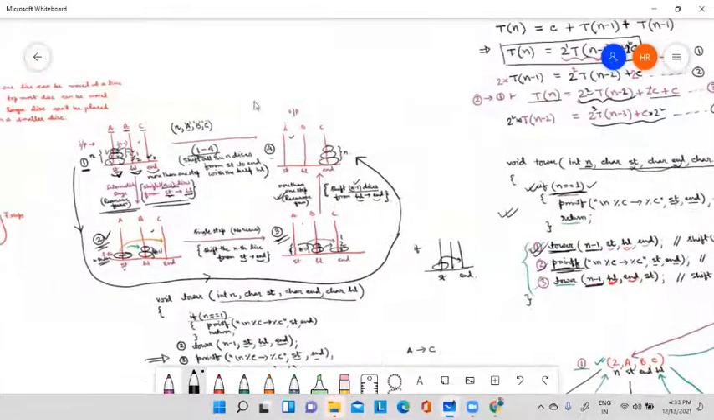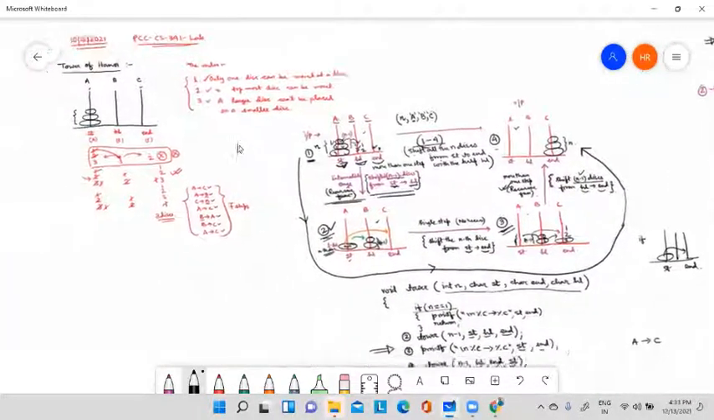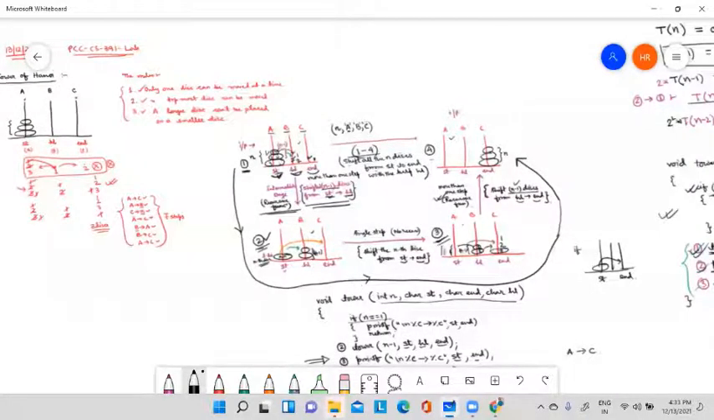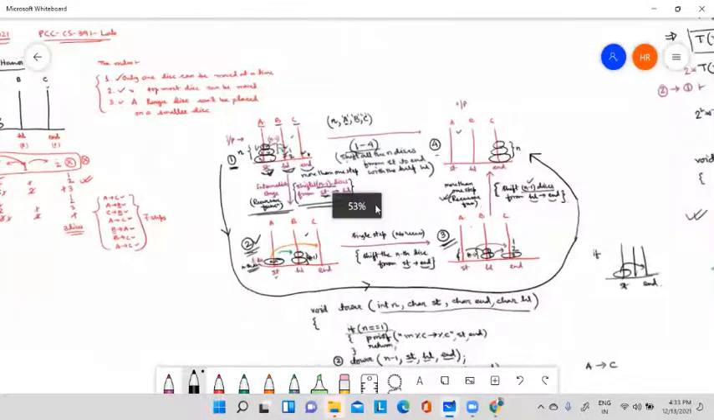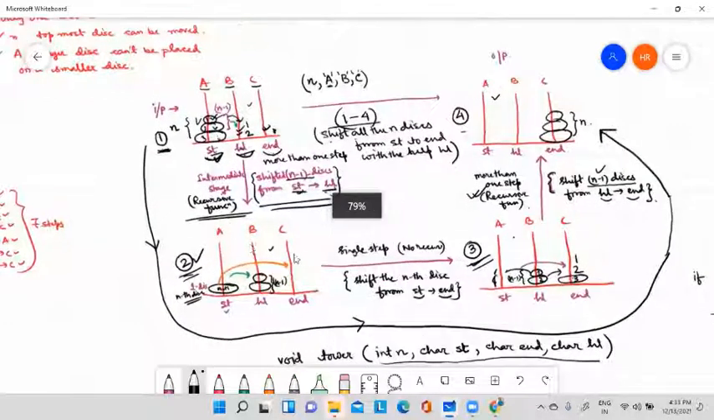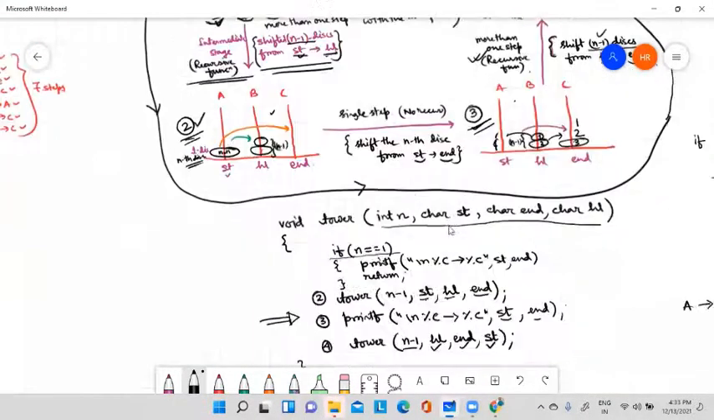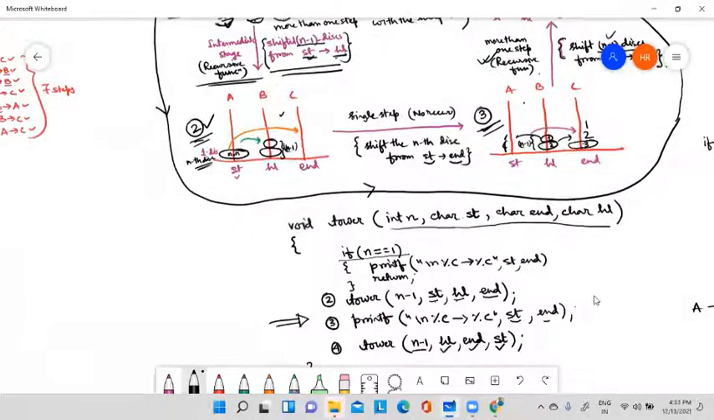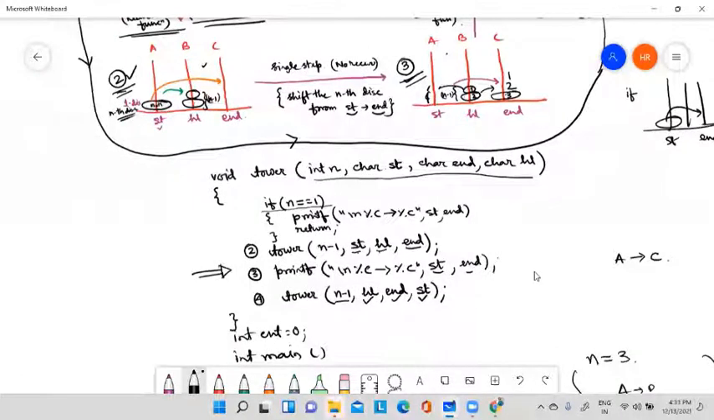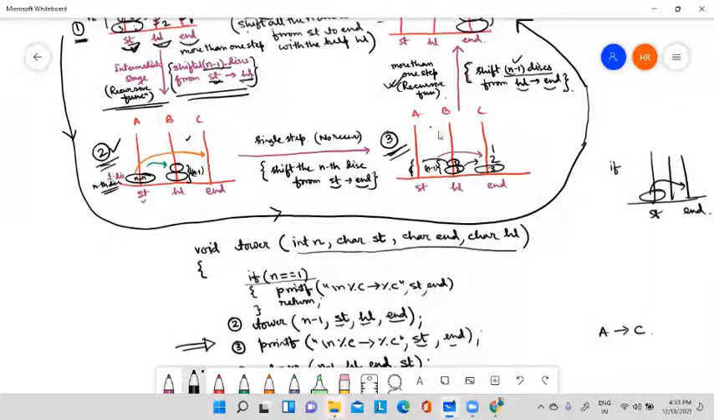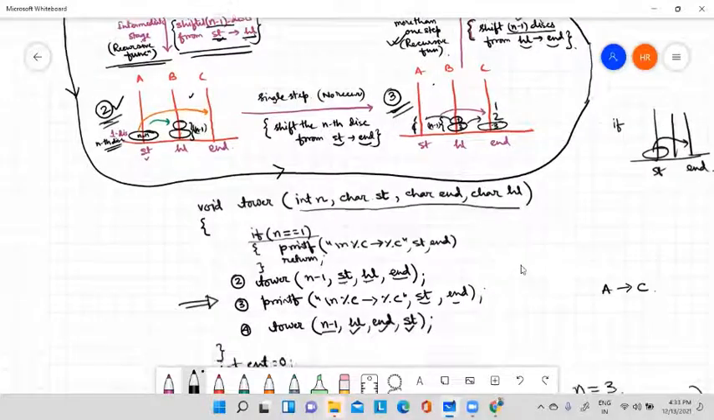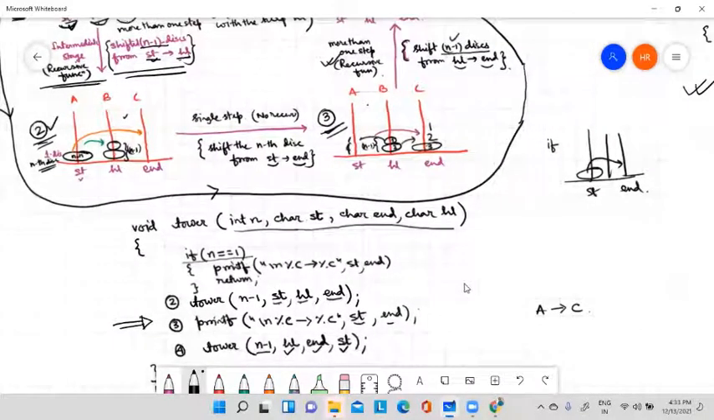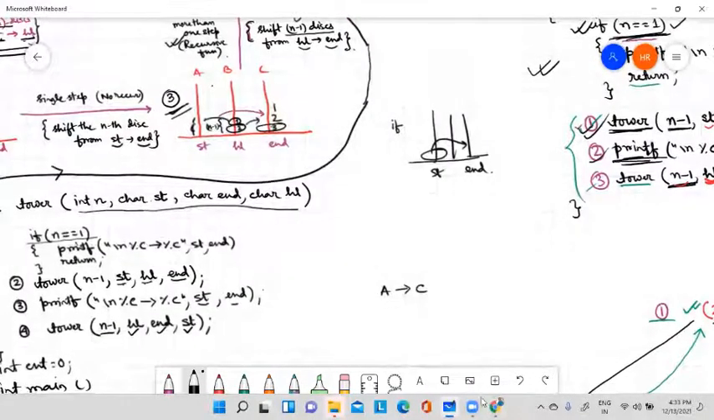So this is all about Tower of Hanoi. You can read it from any book, but this picture is very important: how this is happening, how these intermediate stages are coming. If you understand these intermediate stages, then you can easily convert it into code. But if you don't understand this, then you have to memorize this code. If you understand these steps 1, 2, 3, 4, then you can easily convert it into code. Otherwise you have to memorize. Okay, so finally